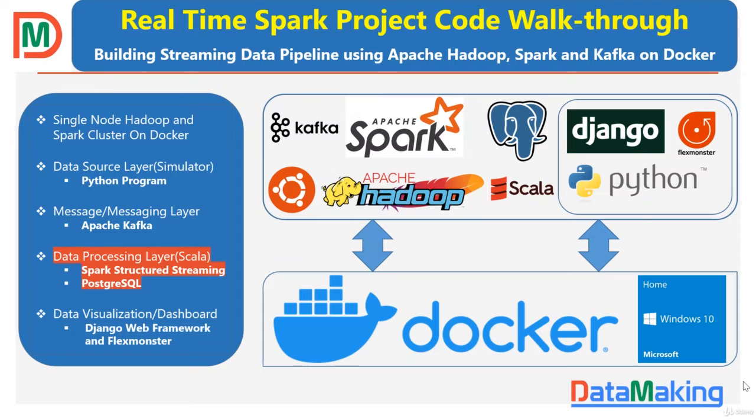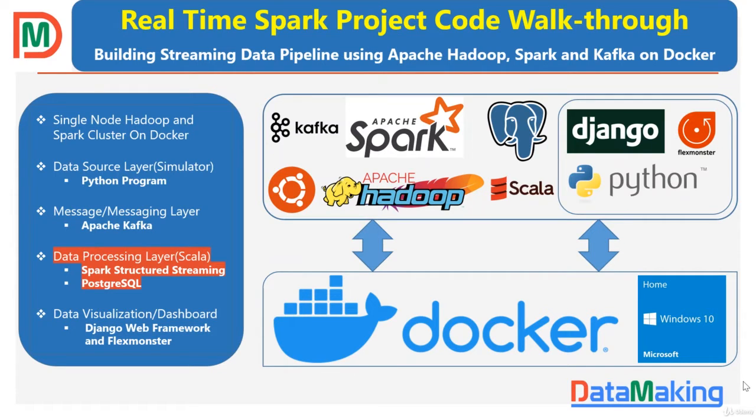Last section we saw a Python simulator, or event simulator, which is generating the server status events. So we simulated that data and published it into the Kafka topic. We assume that the simulator is sitting on every server in the data center, and it is going to generate the server events, the server status, every 1 second to the Kafka topic.